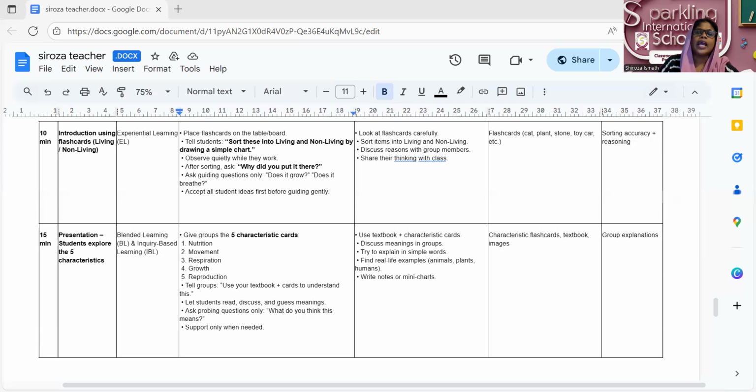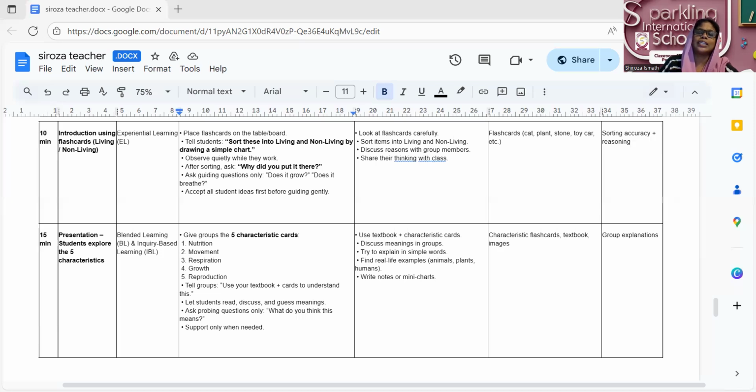After they finish, I will ask questions. Why did you put the cat here? Why did you put the stones there? To guide them: Does it grow? Does it breathe? Can it move by itself? I will accept all their ideas first, even if they are not fully correct,